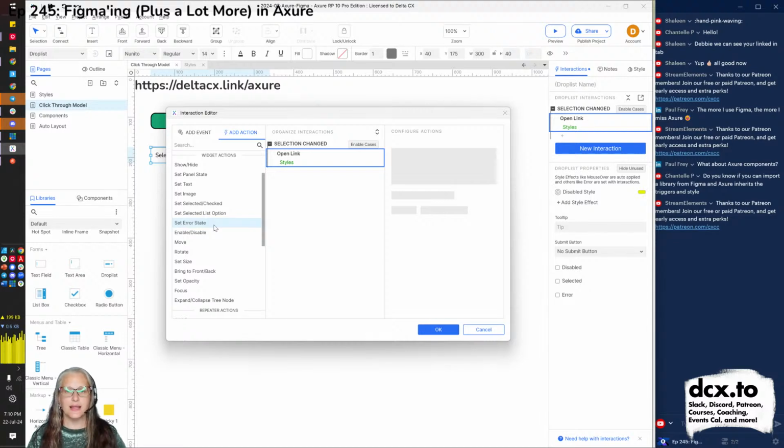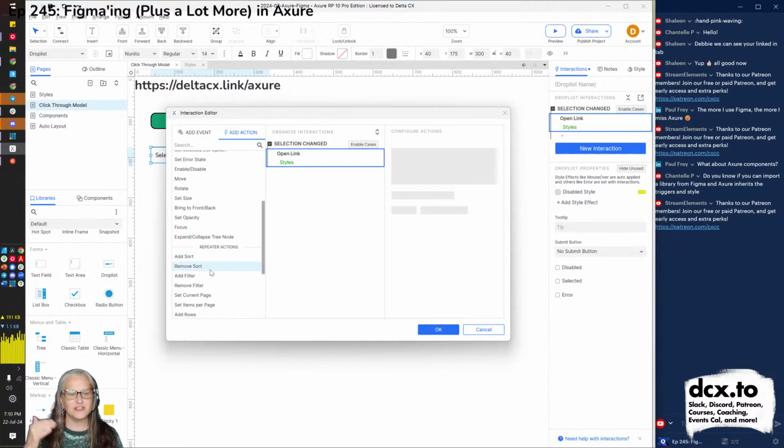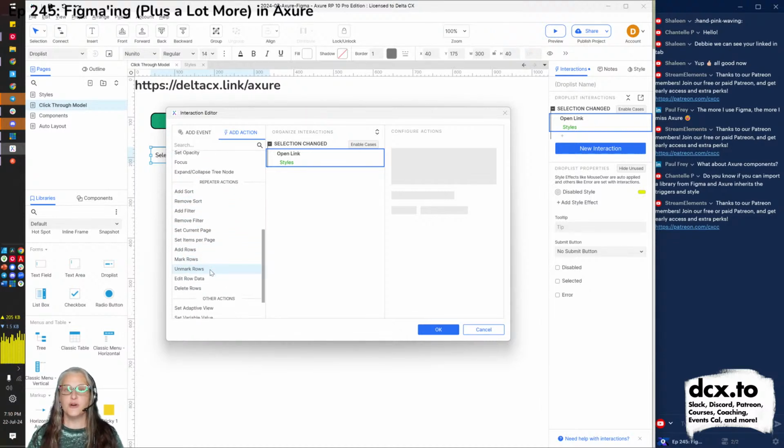Make something look like it's in an error state because we're giving people an error message. Enable, disable, you just saw me do that. Move something, rotate something, change something's size, move something to the front or back, change its opacity. Focus is awesome for people who are working with form fields. Those of you familiar with form fields know that focus means put the cursor in a particular field.